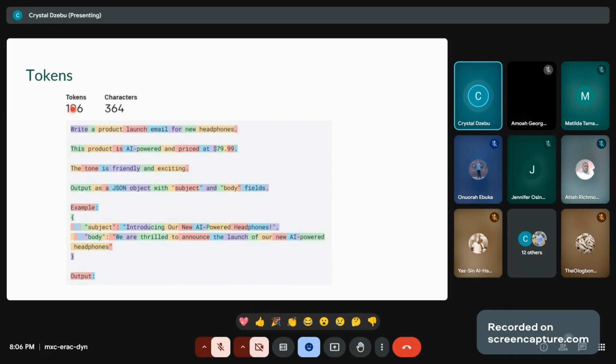A token is simply the number of words that a particular AI model can accept. So if you see 106 tokens here, it means that if you count all the way to this place, it is 106. Characters in this case means that WRITE is 5 characters.